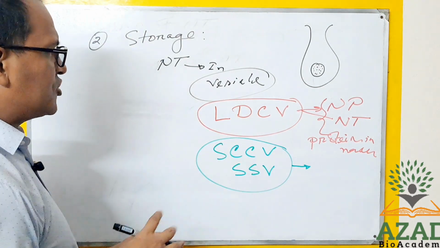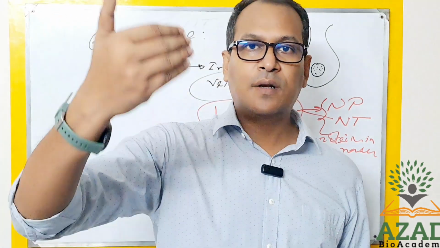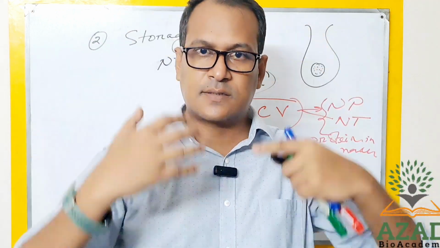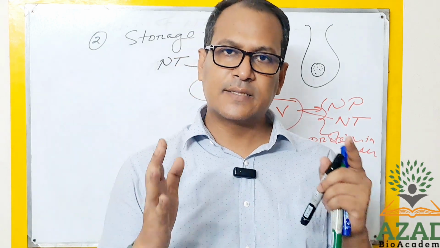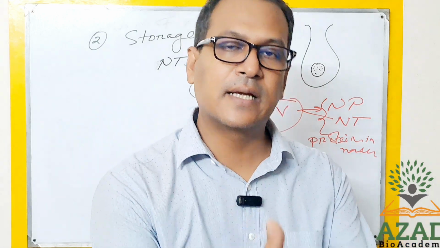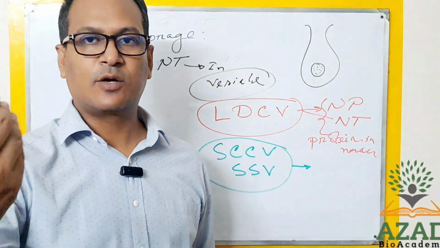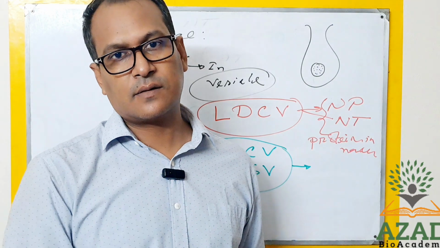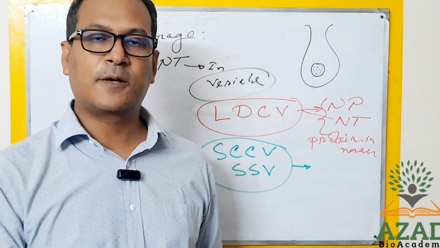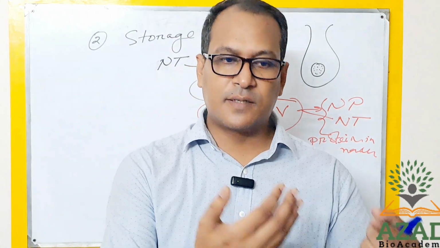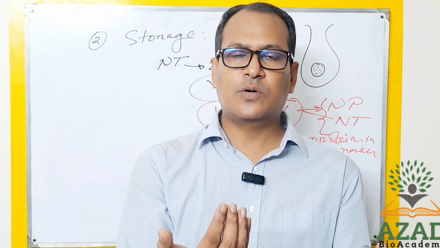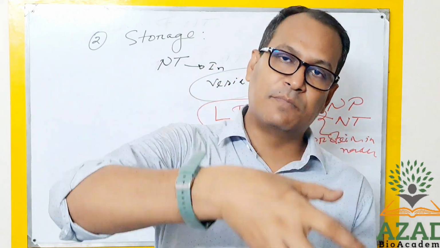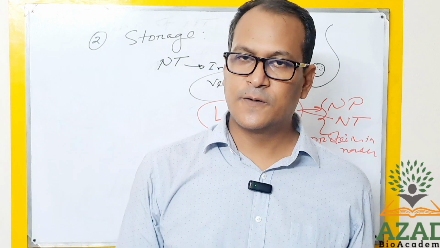Okay, so in general, one neuron, one neurotransmitter. This is very common for your CNS or even for your PNS. A single type of neuron will carry a single type of neurotransmitter. Like a dopaminergic neuron will carry dopamine, a GABAergic neuron will carry GABA, and the parasympathetic nerve, that is a cholinergic neuron, will carry acetylcholine. So single neuron, single neurotransmitter, single type of vesicle, that is very common. Okay, but